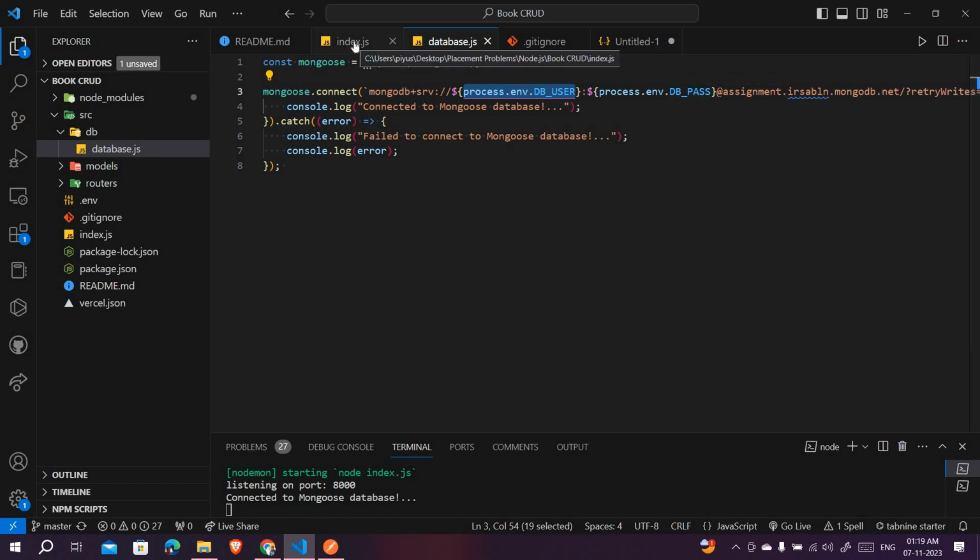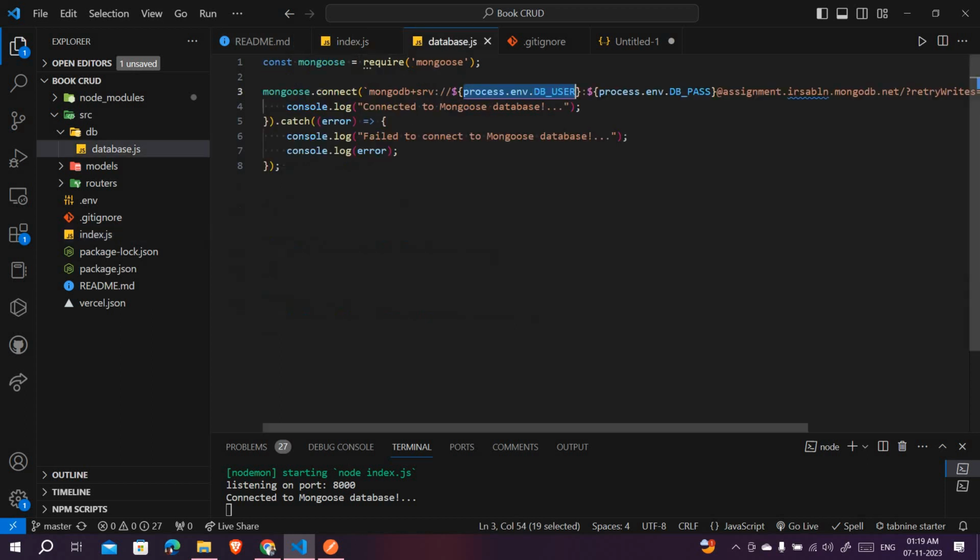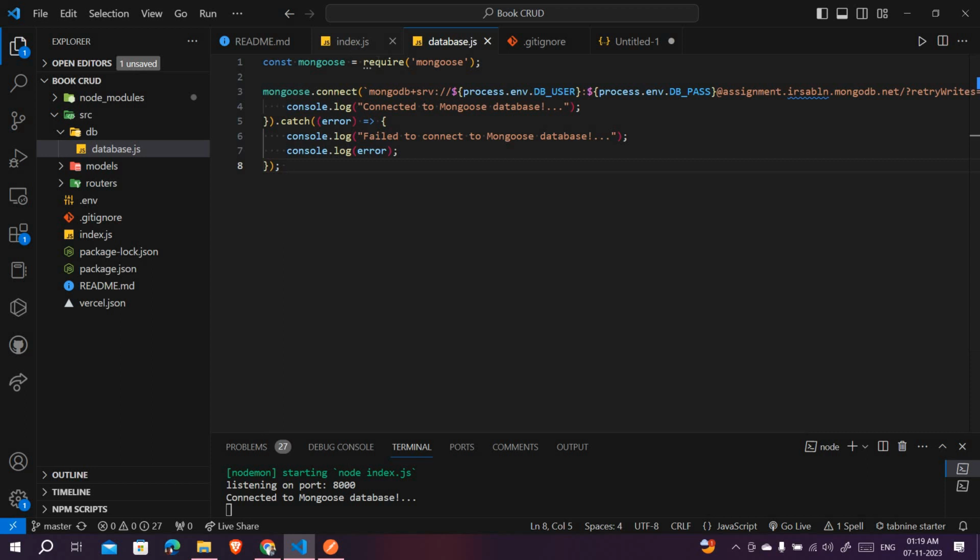These are the sensitive information, so we should hide this information. So we have required the database. I have connected this database to the Mongoose library,